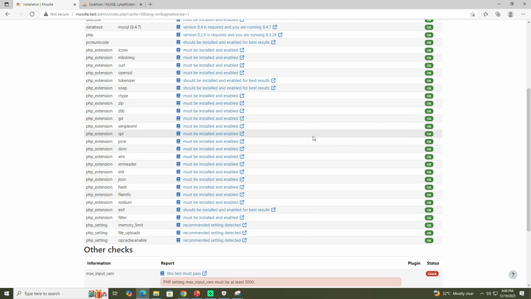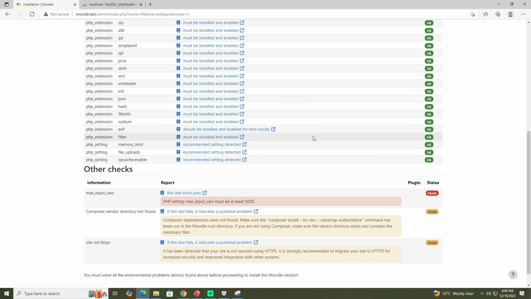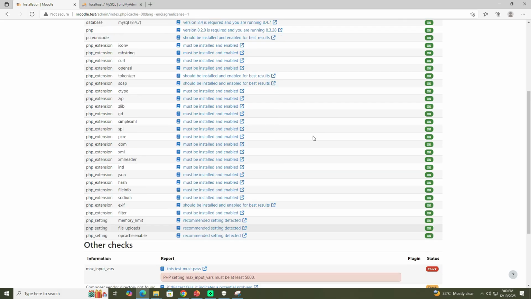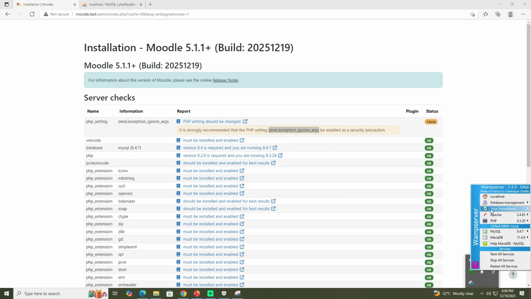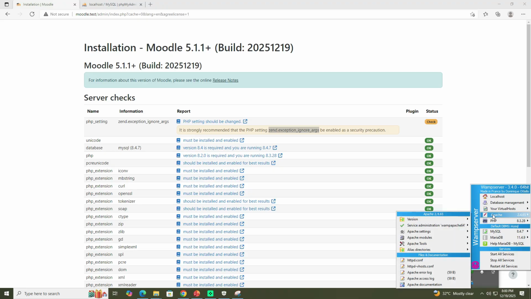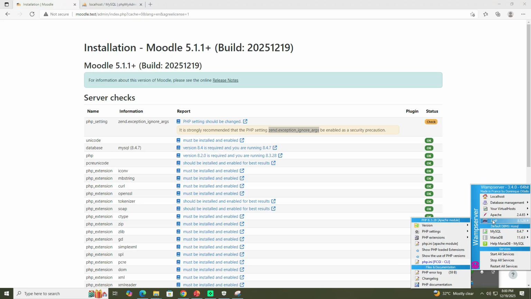There should be sodium. Sodium is enabled by default. But these now, PHP Zend. Alright, so we're going to be looking for the ignore argument. In that context, all I need to do is go here, look for my Apache, PHP, because it's PHP,